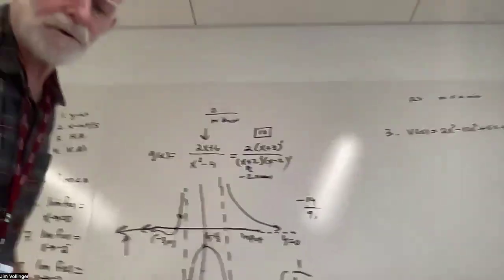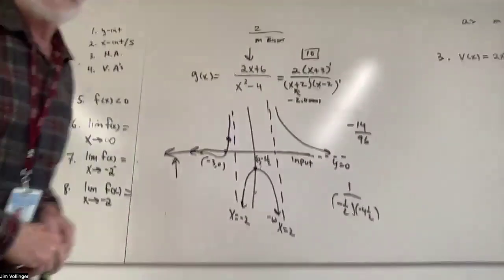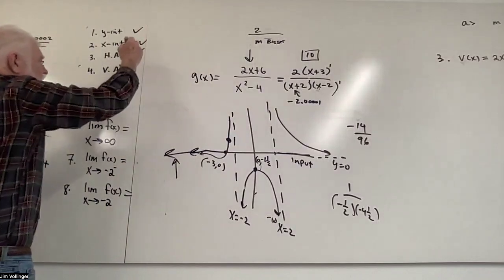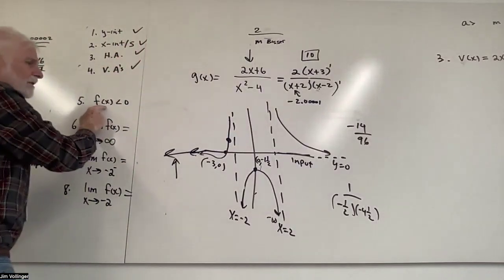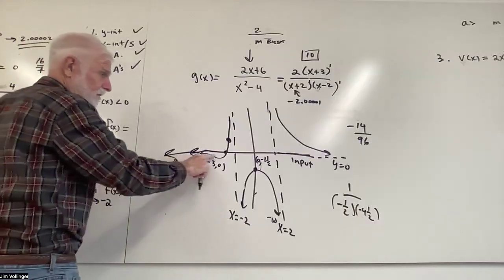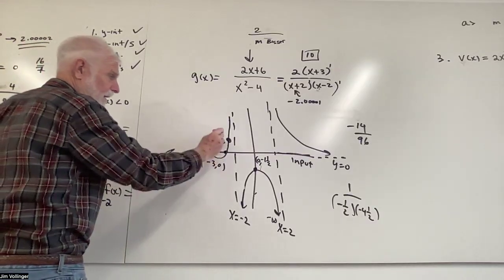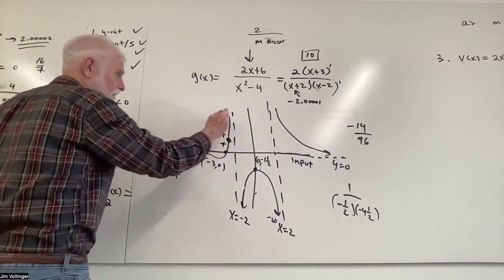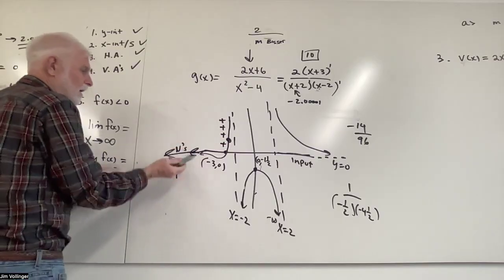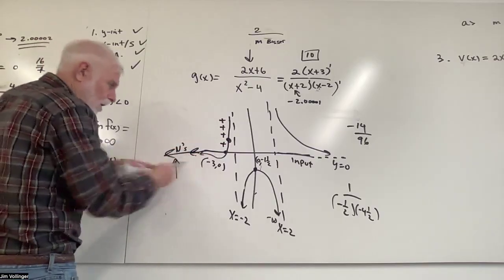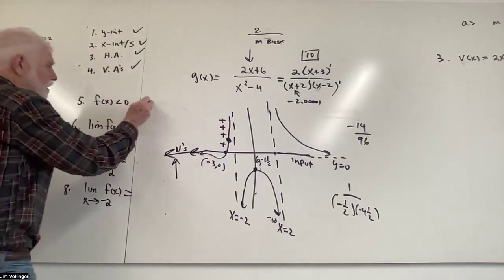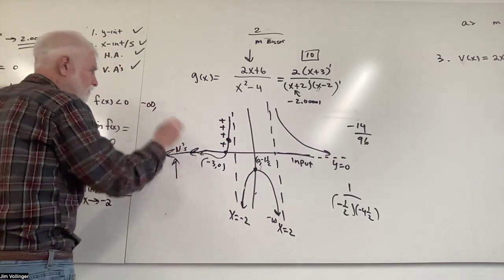All right, so let's answer our questions again. Bring the camera over here a little bit better. All right, we got our y-intercept. We did that. We got our x-intercept. We got our horizontal axes. We got our vertical. When is this less than 0? Well, these negative numbers until I get to -3 are all negative, and then we get positive y values. Right? So all of these numbers here will get us below the axis. So -infinity to -3,